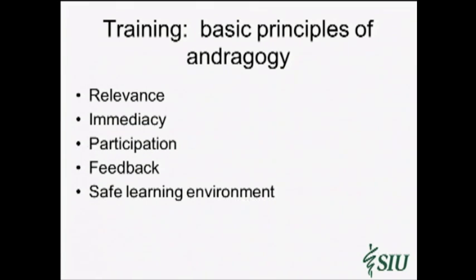And the critical features that have been identified across a number of different ways of looking at this are: adult learners require relevance. There has to be some immediacy to the learning. They have to be able to apply what they're learning in the near time frame. They have to be participatory learners, not just as we're doing today, sitting listening to us talk, but engaged in the learning process, especially so with technical skill development. They're heavily reliant on feedback, both in reinforcing positive behaviors and in correcting things that are not conducive to their